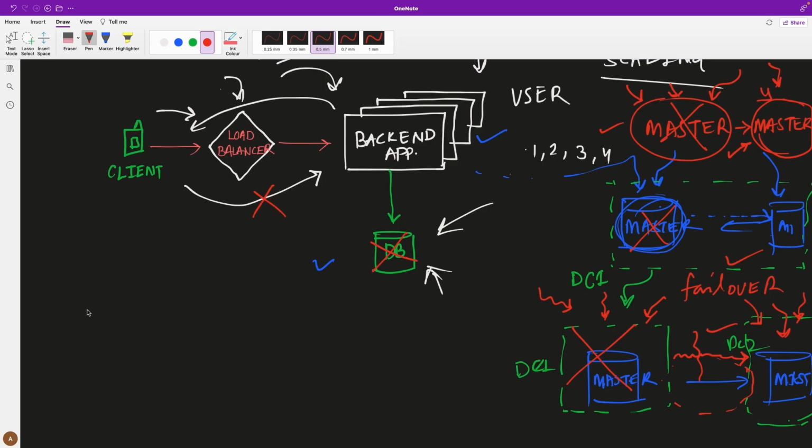Another configuration is master-slave configuration, where let's say you have your database, this is your master node, and you have multiple read replicas or slave replicas.